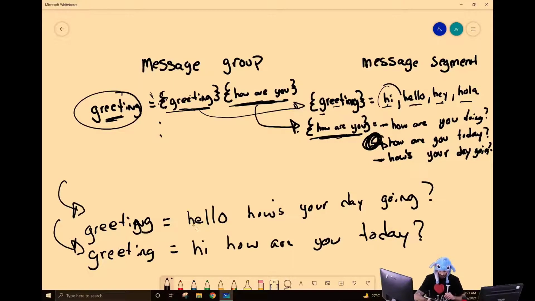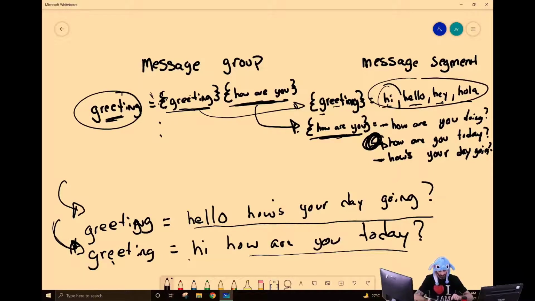And the first time it triggered, it automatically created the message, hello, how's your day going? And then we used it again, and whenever we used it again, it automatically created the message, hi, how are you today? And it's creating those from our message segments, from our message groups. All right? Now what this Spintex is doing is it is easily allowing us to go in and basically say